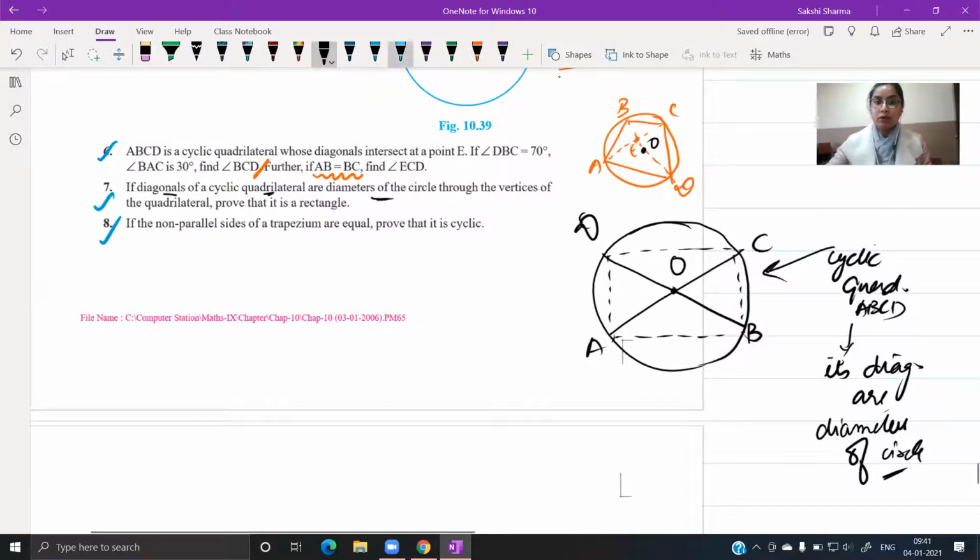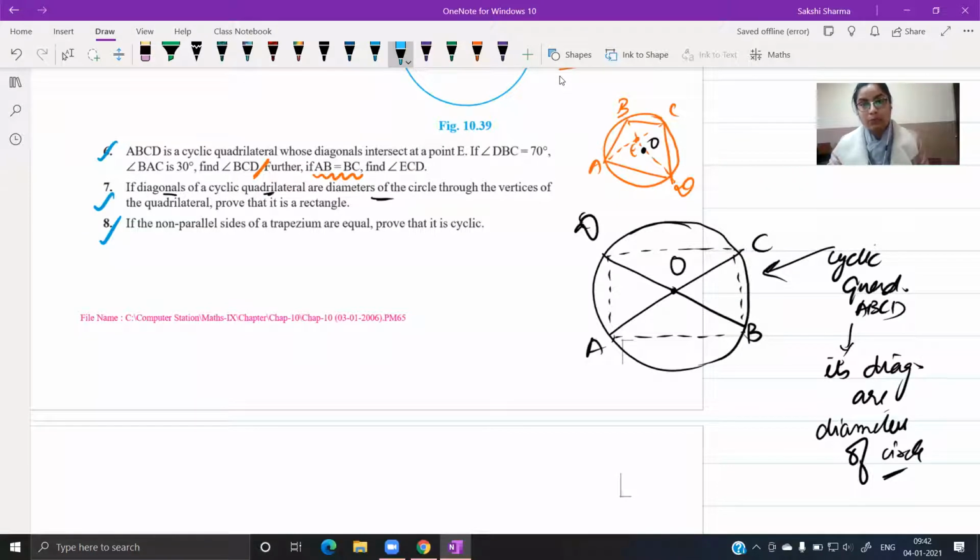Now, in order to prove a quadrilateral is a rectangle, if you can recall, we used to do two things. We first prove that the quadrilateral is a parallelogram, and then that one angle of that parallelogram is 90 degrees. This was the basic thing or the definition for what a rectangle is. It's a parallelogram with one angle equal to 90 degrees. And we used to prove exactly this. If you have to prove that a quadrilateral is a rectangle, what we used to prove was that the quadrilateral given to us is a parallelogram, first thing. Then after that, in that parallelogram, any one angle is 90 degrees. And then we can say that the quadrilateral given to us is a rectangle.